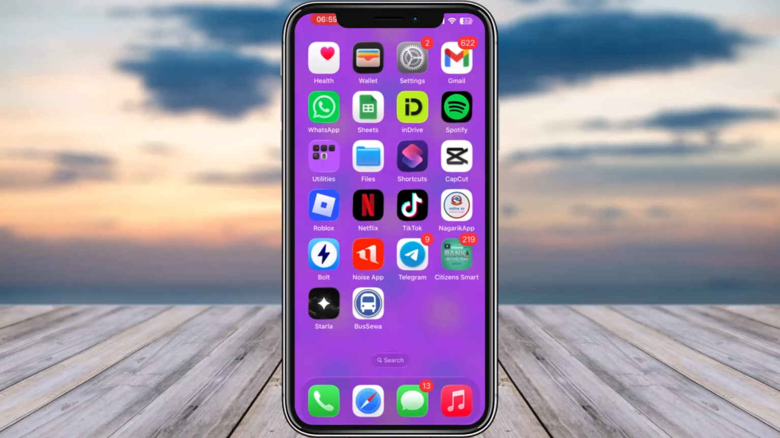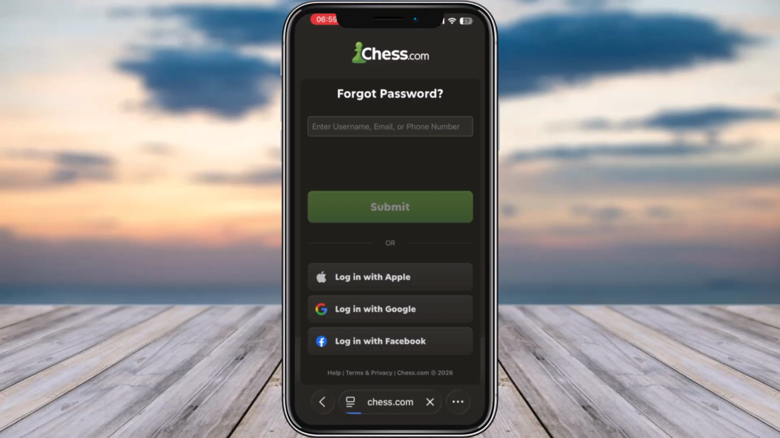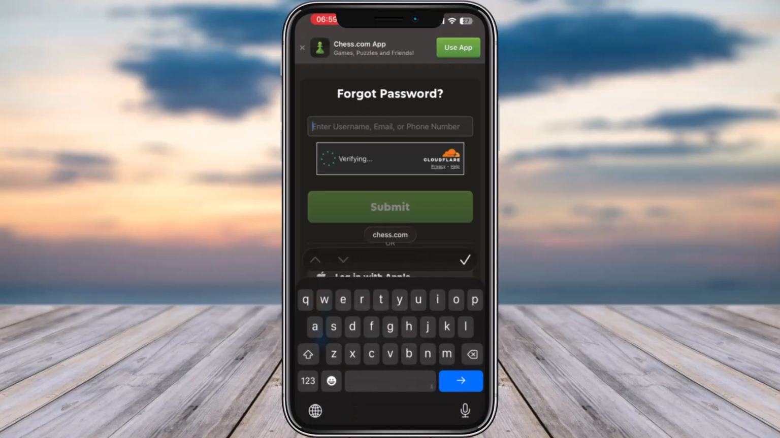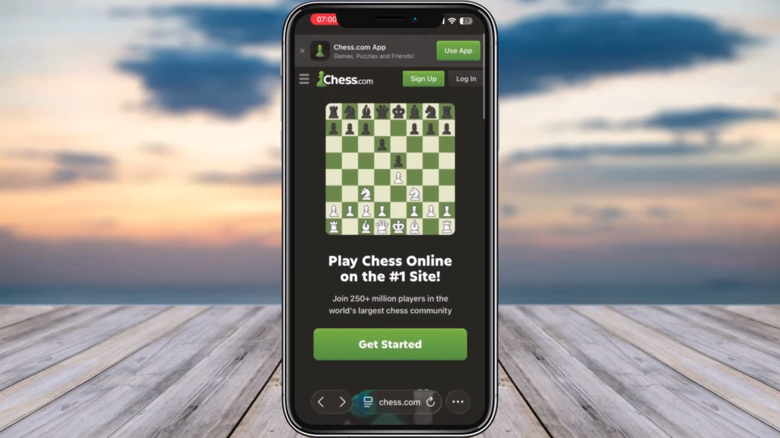Let's get started. For that, open up your browser, go to the search bar, type in chess.com and search it up. And then once you have done that, this is how it's going to look. What you need to do is simply enter your username or password. Once you are in the chess.com section, tap on